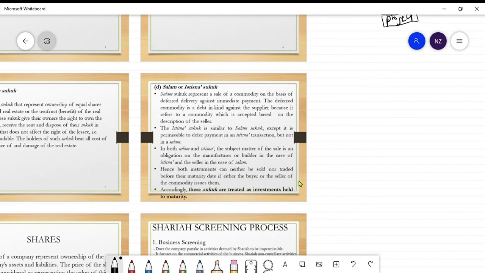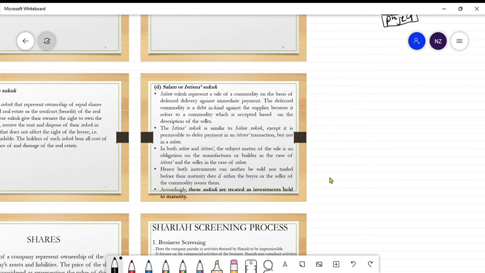Okay, maksudnya untuk both salam and istisna ni, selagi barang tak sampai, selagi barang tak siap, the bond or the asset cannot be sold. Means bila the bond or the asset cannot be sold, dia treated as investment held to maturity. Selagi the asset atau the commodity yang kita beli on the spot tadi tu is not yet been delivered to us and kita tak receive the full amount of the full commodity itulah,